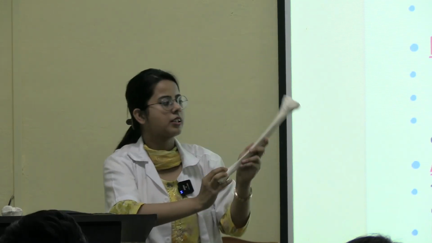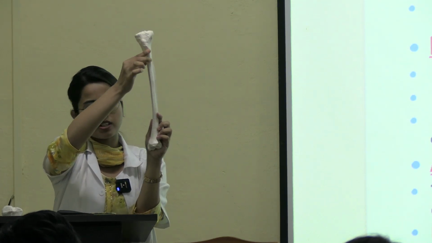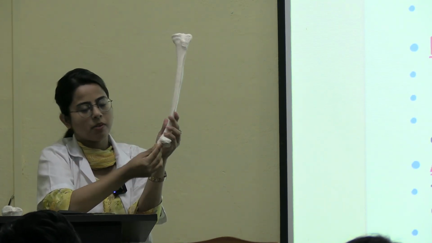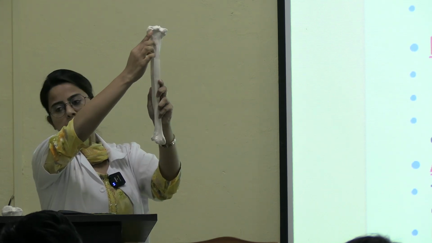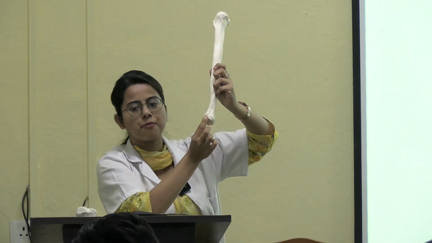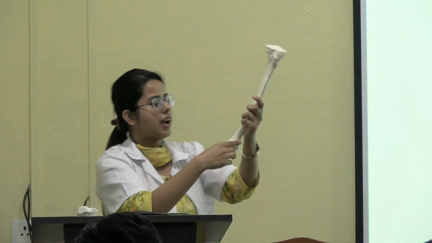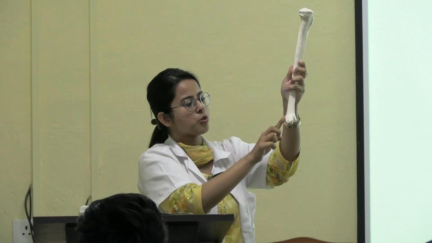medial malleolus. Clear? So the anterior border will start from the tibial tuberosity and form the anterior margin of the medial malleolus. The lateral border will start from the fibular facet and it will form the anterior margin of the fibular notch. This area is known as the fibular notch. And the medial border will start from the medial condyle and form the posterior margin of the medial malleolus.